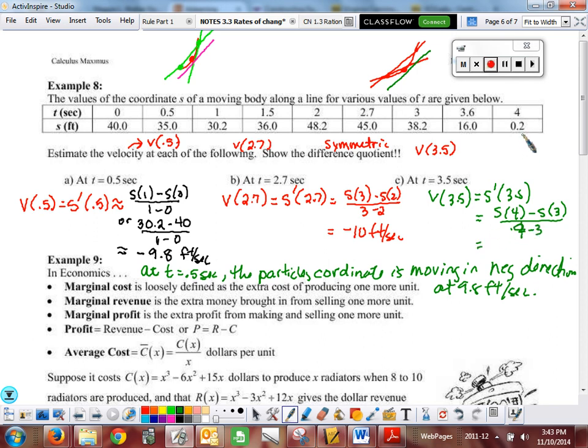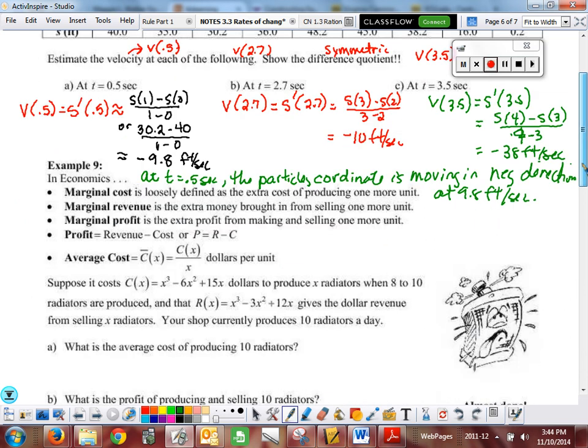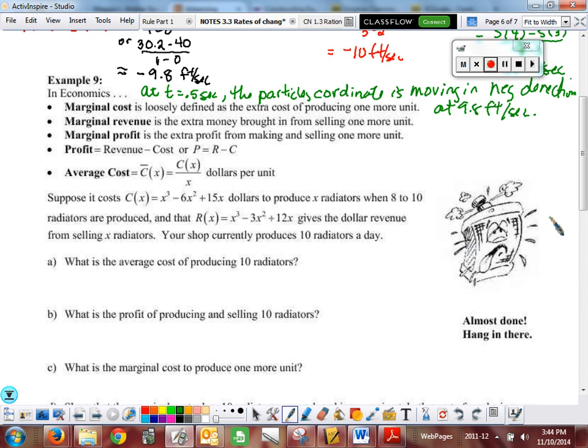So we're going to have 0.2 minus my 38.2, so you're going to end up with negative 38 feet per second. Okay, so the idea here is that whenever possible, you're going to use the symmetric difference quotient. Now, if I didn't really have anything that was symmetric, you will see at times, I don't think they'll be that unclear on the AP, where you might use these two if you didn't have the 4, because it would be in between. Okay. All right, now example 9, our last example,